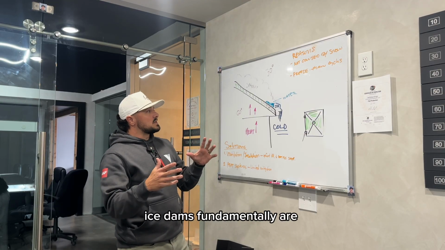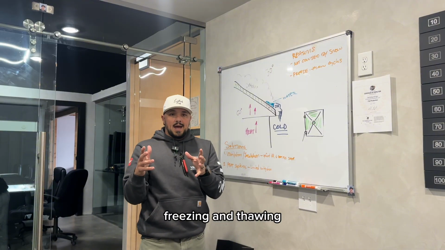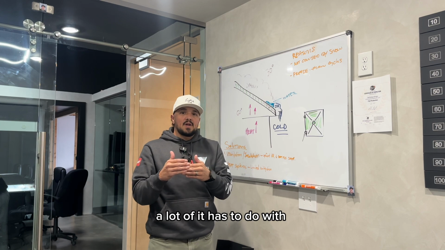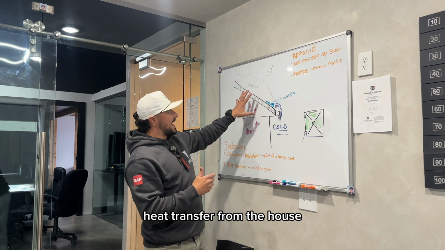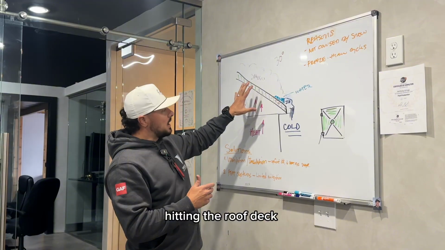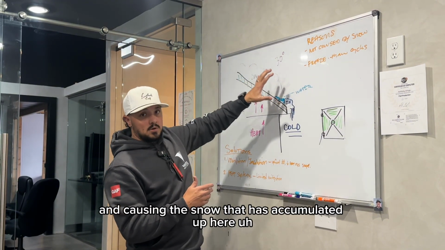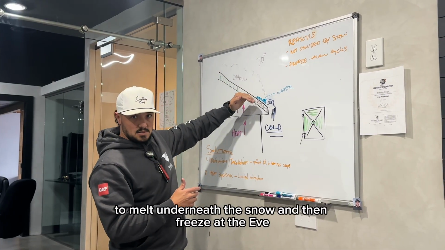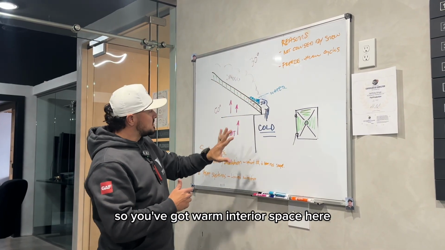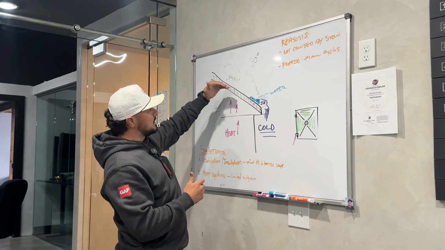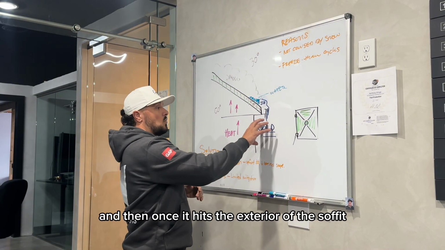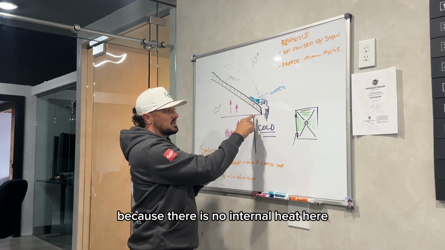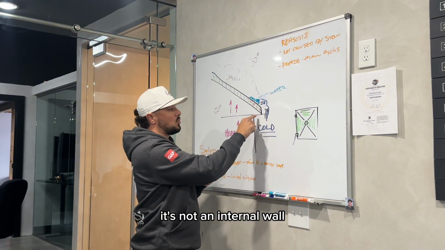Ice dams fundamentally are water and ice freezing and thawing in these freeze-thaw cycles. A lot of it has to do with heat transfer from the house hitting the roof deck and causing the snow that has accumulated up here to melt underneath the snow and then freeze at the eave. So you've got warm interior space here, elevating the temperature of the roof deck, and then once it hits the exterior of the soffit and the cold, because there is no internal heat here, it's not an internal wall, it